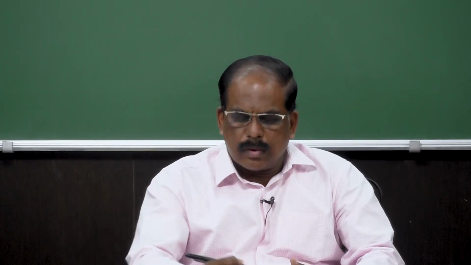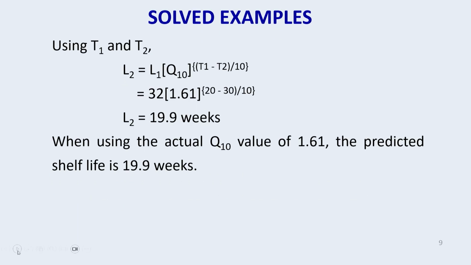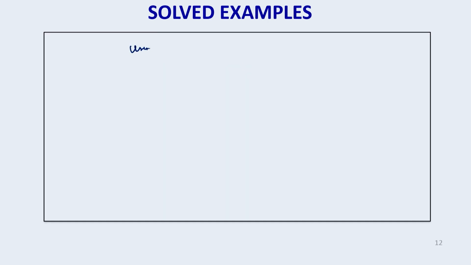But now, since the temperatures are given, when we calculate, we found Q10 is not equal to 2. It is not equal to the theoretical value of 2. Now, I am going to write the mathematical expression connecting L1, L2, T1 and T2, using the temperatures T1 and T2, we get